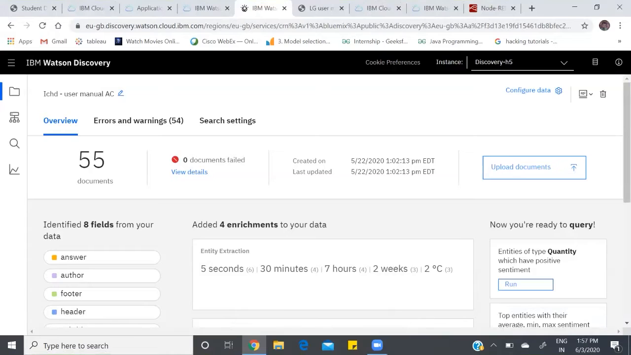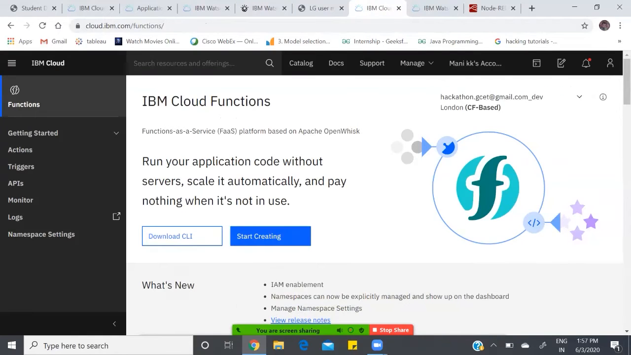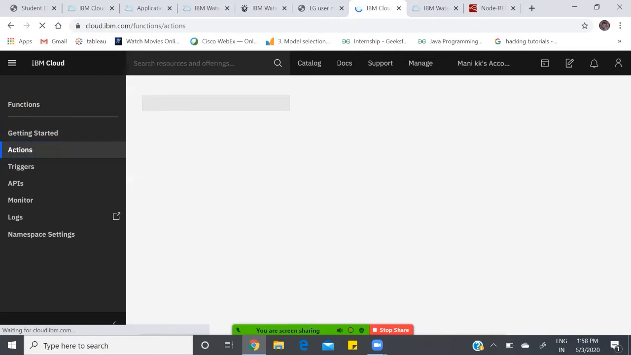Before doing that, for the correct responses to be given to the user, we need to link IBM Watson Discovery with Watson Assistant. So for doing this, we need to have IBM Cloud Functions. You can search for it in the search box or in the catalog to find IBM Cloud Functions. Once you find the IBM Cloud Functions, you'll find the screen in this way, where we need to go to Actions,